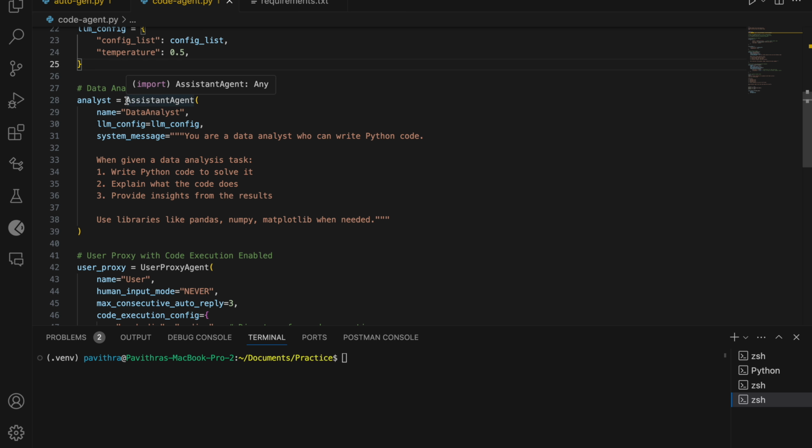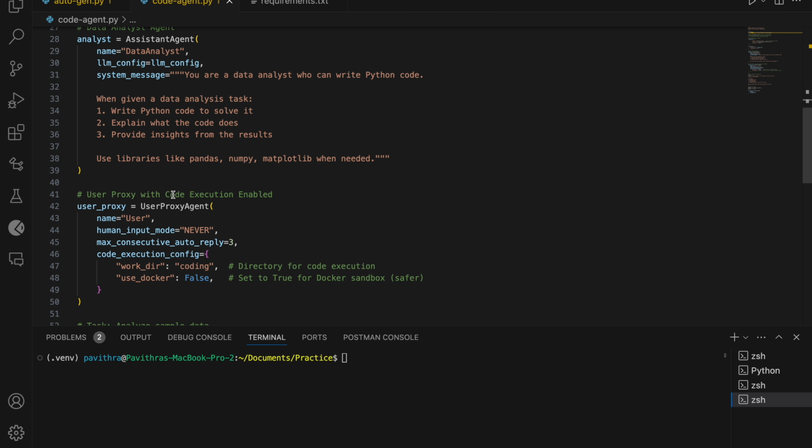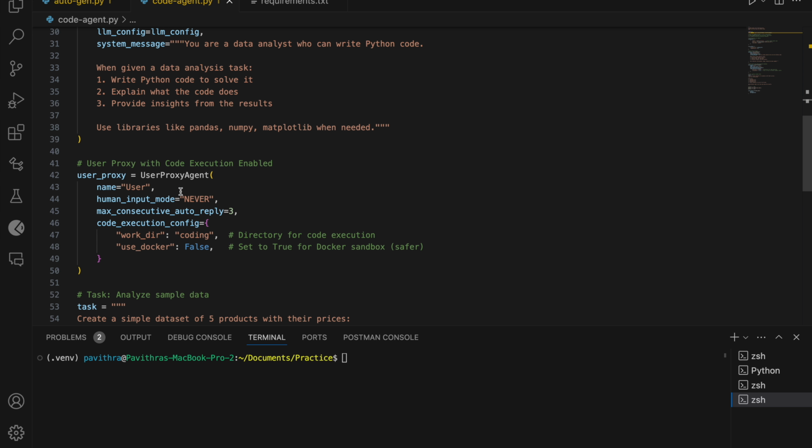So, agent one, which is your analyst, the assistant analyst, we are just asking it to write Python code, and it needs to explain the code and provide insights for it. Insights are the basic role of an analyst, right? So these are the roles that it needs to perform. So we just assigned the analyst agent a role, and a proxy that we are including just for the